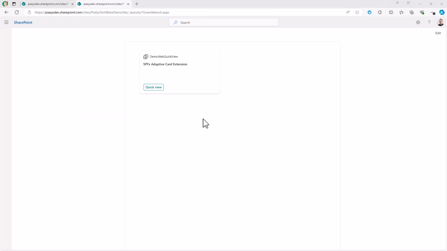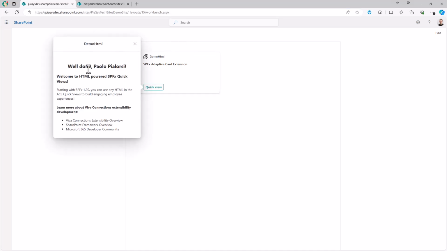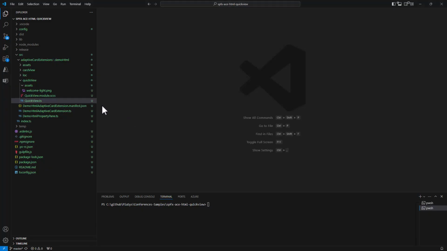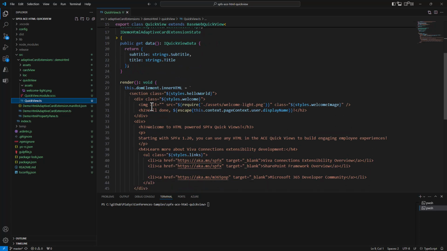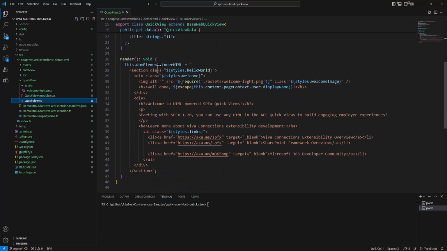Now, if you want to have a look at something more real, well, you can play with something like that, where you can have richer content like this one. And in order to do that, you can do something like that. For example, in the quick view, rather than having just very basic HTML, you can play with a little bit more complex HTML,